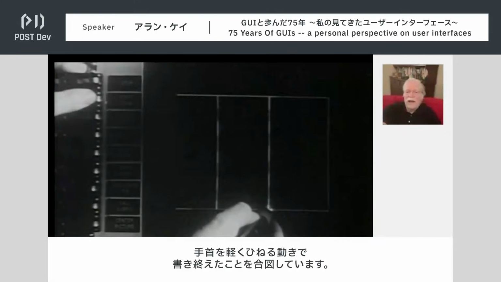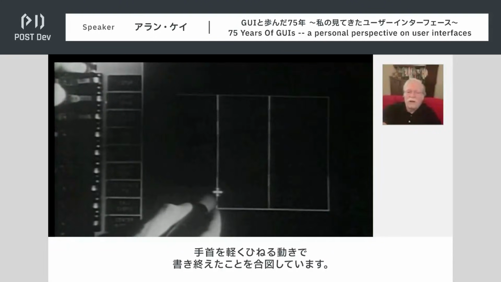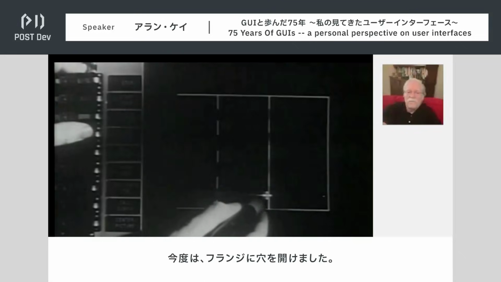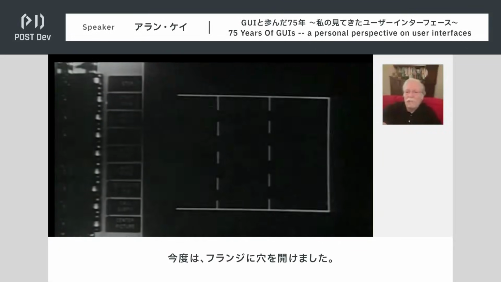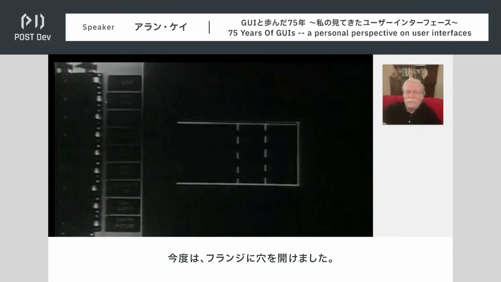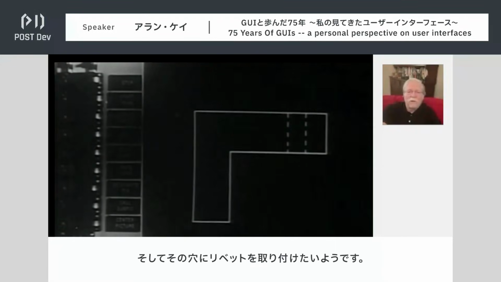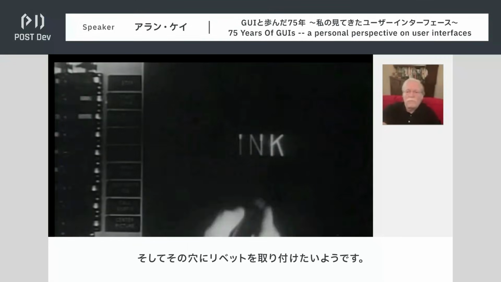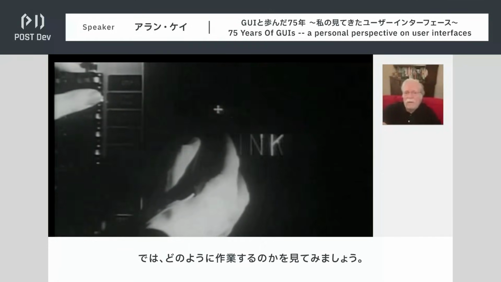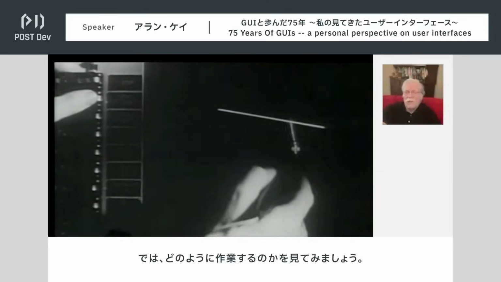You can see he's terminating the drawing by flicking his wrist there. That didn't last. Now he's got a hole in the flange. And the hole in the flange seems to really want a rivet. So again, we get to see how this works.